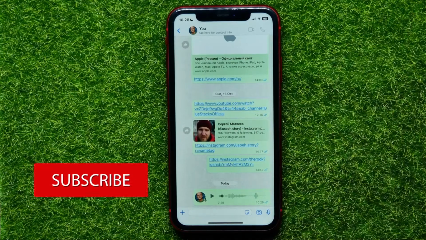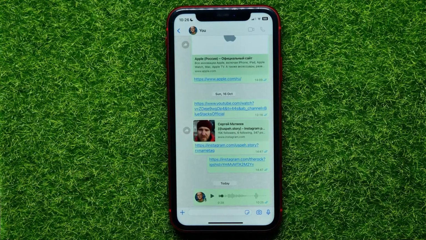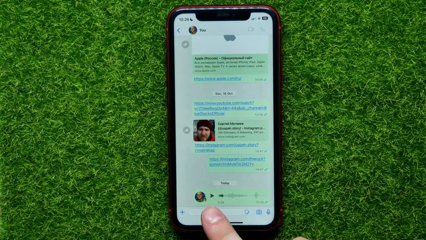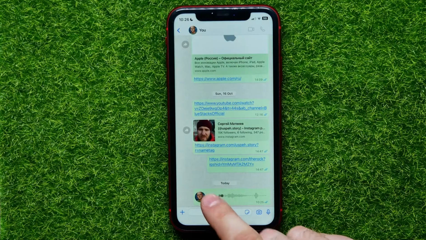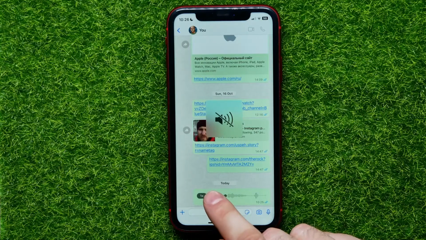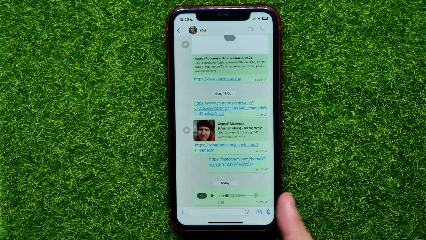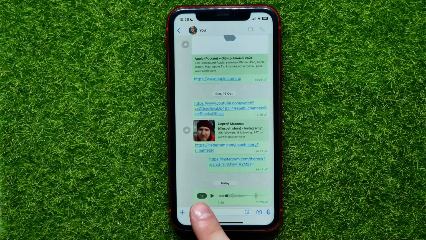Here I got a single voice message, and in order to change its speed, all I have to do first is to hit right here at the play button. Now I can tap on pause, or I can keep this message playing, and it shows up here the speed of